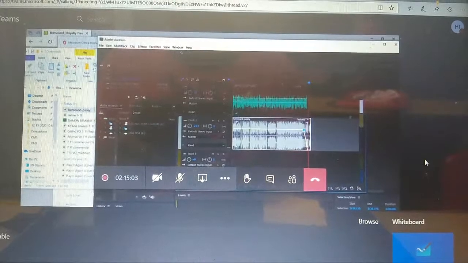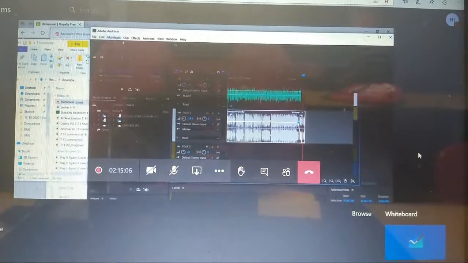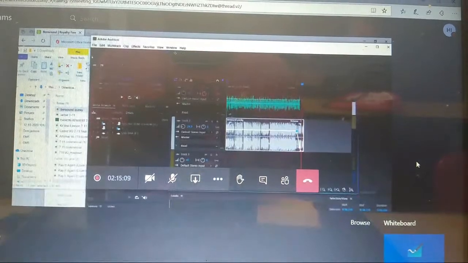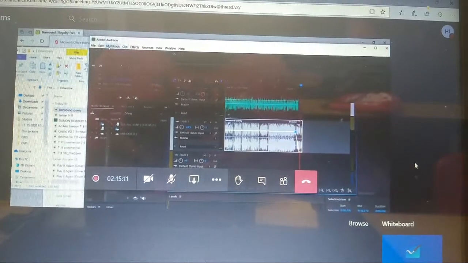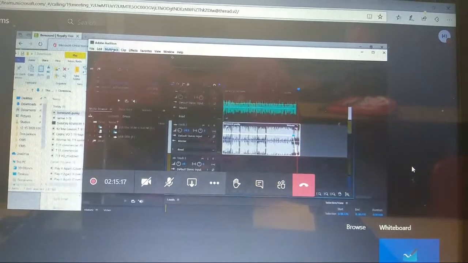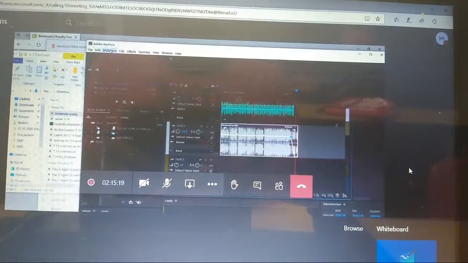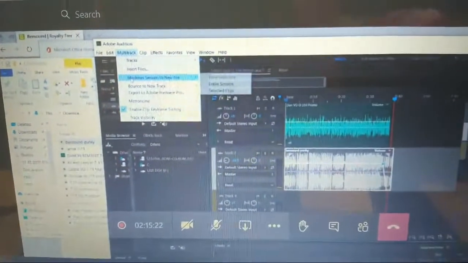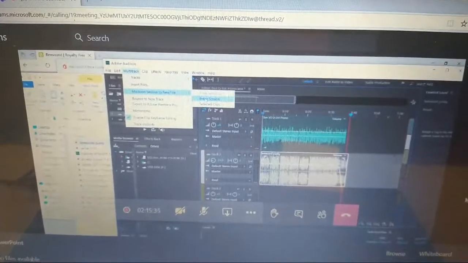So what do I do? There's two different multi-tracks. I don't want you to get these confused. There's one inside Adobe, and then there's one in the menu window. This is the one that you're dealing with now to mix down your track. So I go to multi-track, mix down session to new file, follow the logic. That's exactly what I want to do. So I see that, I move to that. What do I want to do? Well, I have two tracks. I want to mix them together. That's my entire session. Yes, I want that. So I'm clicking on entire session. So all of it mixes together. Now, don't blink.